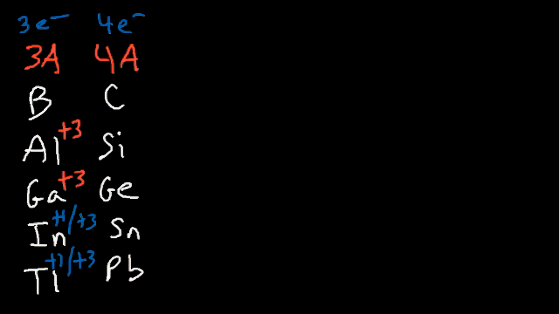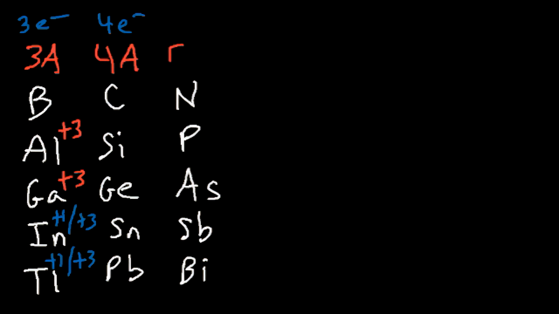Next, we have nitrogen, phosphorus, selenium. Not selenium, I take that back. Below phosphorus is arsenic, Sb is antimony, and Bi is bismuth. So make sure you know the names of the elements, because typically that's your first quiz in a regular chemistry course. So this is group 5A. These elements have 5 valence electrons. However, they like to form